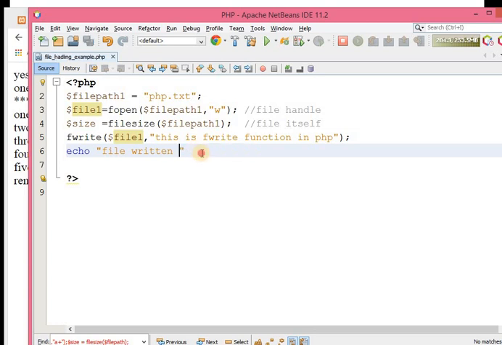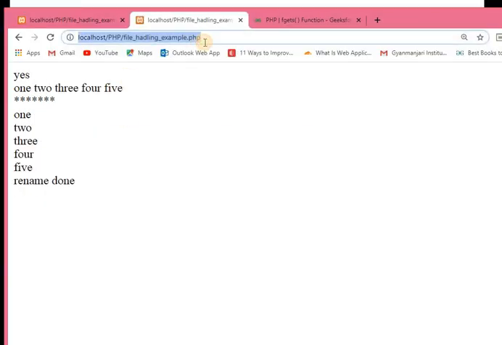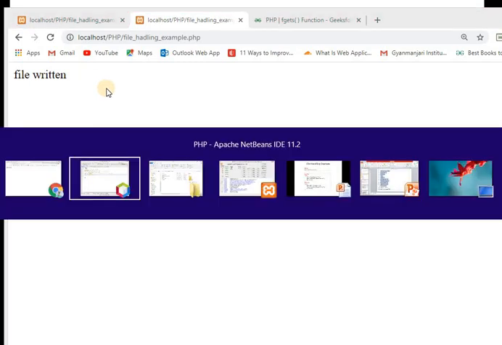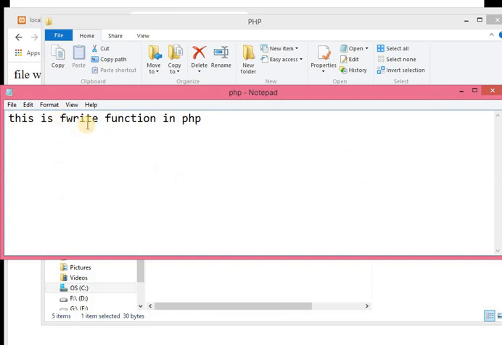Save this and just run this script. File written. Now over here, this is the fwrite function in PHP.